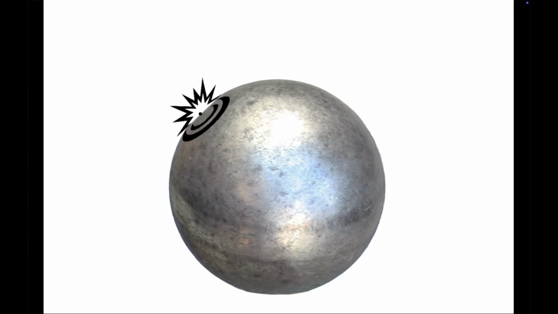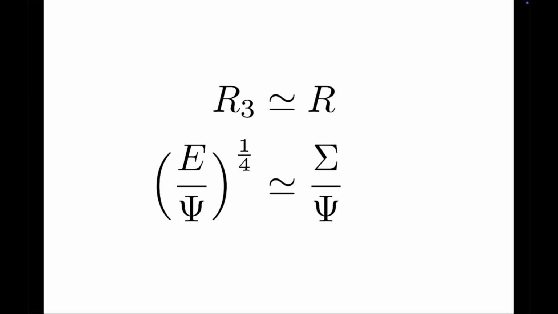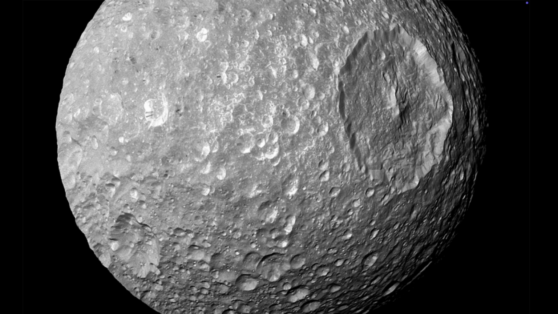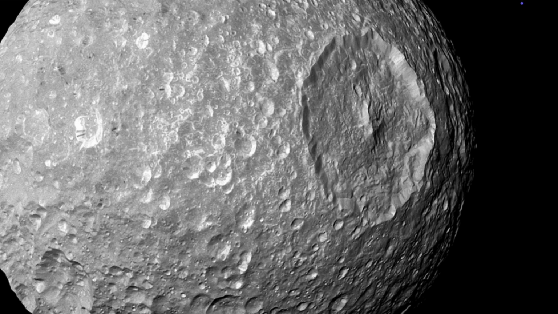Based on our single example, the sedan test, we may assume for now that the radius of the crater is based on the energy and weight density. We call this radius R3. Just as for the underground cavity, this radius is bounded by the radius of the planet. Both radii are equal when the energy has the same critical value. Some astronomical bodies have come quite close to this dramatic fate.